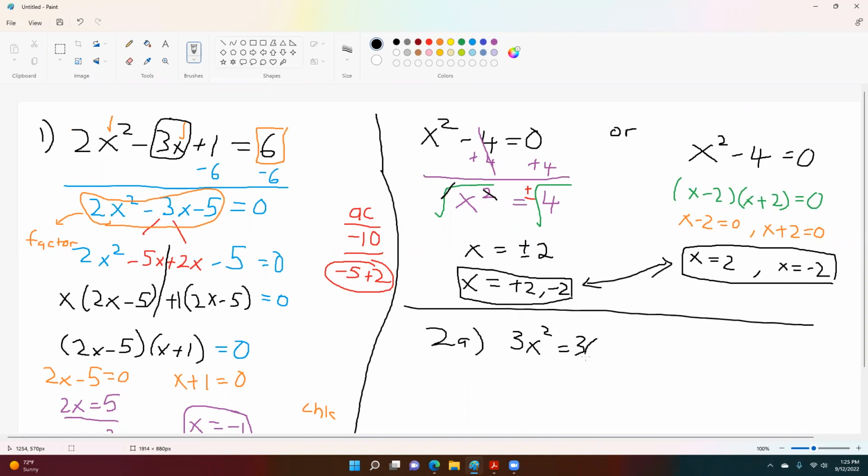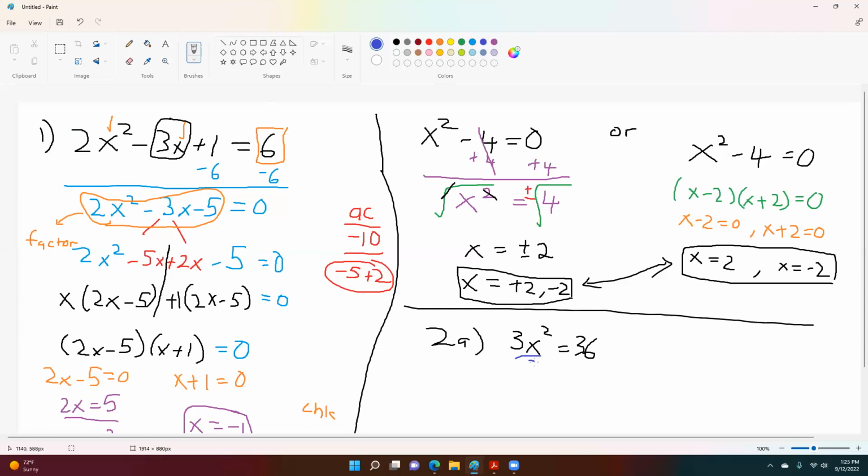Now, again, we can use the extracting the square root because we don't have the x term, the middle term here. How we do the extracting the square root procedure here is we want to make x by itself,